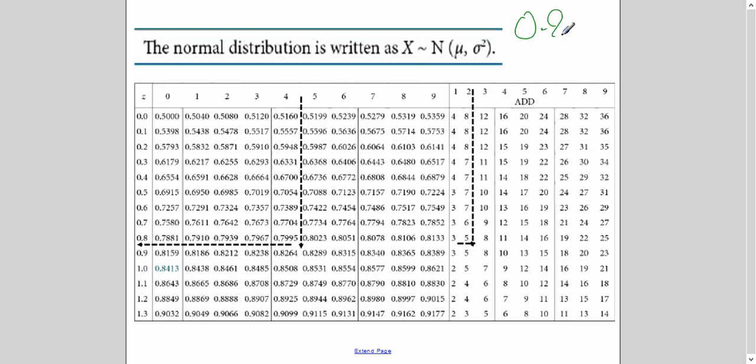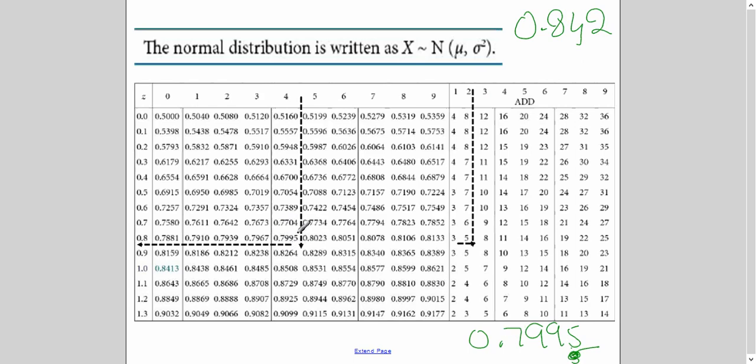So it is 0.84. Now, how much difference is there? If I see 0.7995, let me write it here, 0.7995, how much will I add here so that it becomes 0.8? 5, right? So 5, and if you see on the top, it is 2, because if I add 5 here, it will become 0.8. So you got what I'm saying?